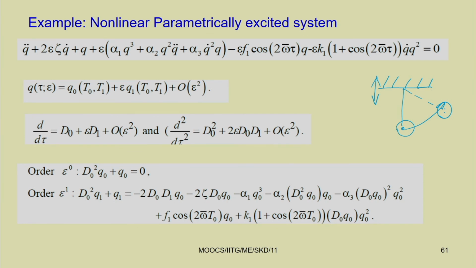In such cases the equation can be written where the forcing term is the coefficient of the response, and this type of excitation is generally known as parametric excitation. So, let us take the example of a parametrically excited system and see how we can use the method of multiple scales to solve this type of equation. Actually, this equation is written for a base excited system, but there are several types of systems which can represent this.